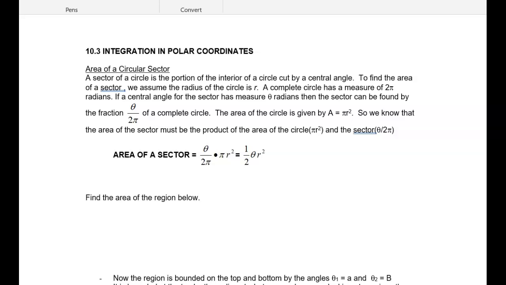You'll see at the top here we are still continuing on with polar coordinates. Yesterday we did some graphing of them. We took some derivatives of those. Today, you can read at the top of the page, we'll be doing integration and how we can handle that